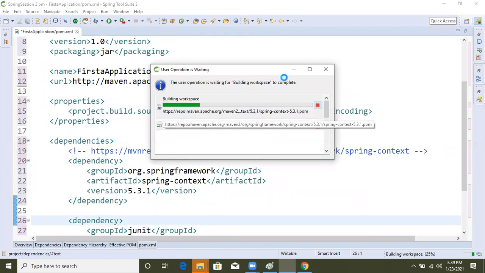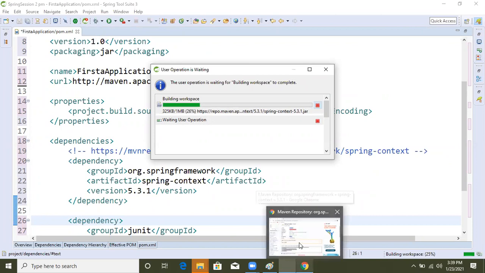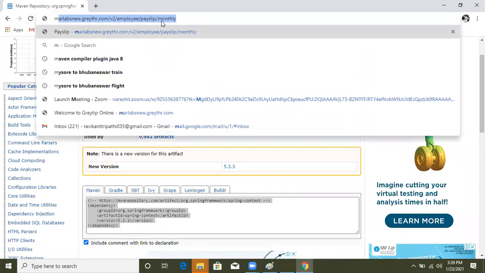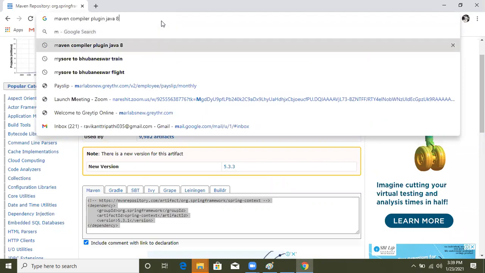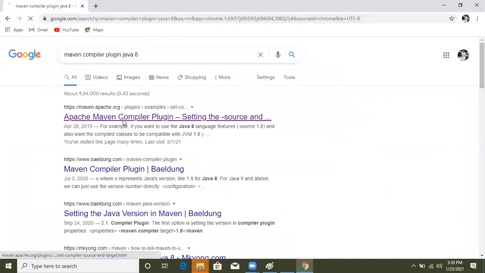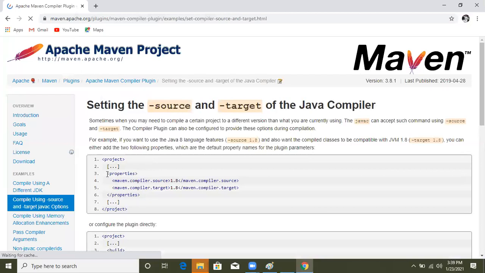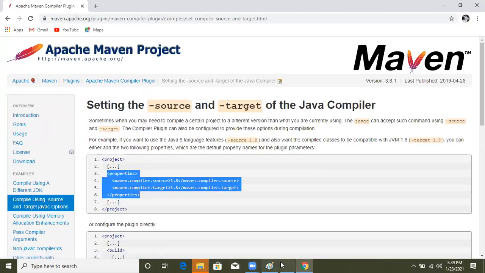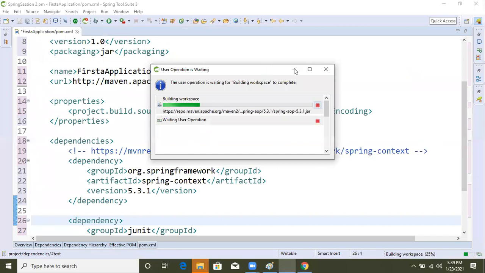After pasting that, we can change the compiler version using Eclipse IDE also, but that is not recommended. So what we will do now, we search for Maven compiler on the internet, Maven compiler 8 plugin, right? See the first one, inside that we will copy this property, right? We will copy it from here to here. After that we will go inside our project. It's taking time, guys. Downloading dependency, right? In the local repository, this download is happening from central to local only, right?